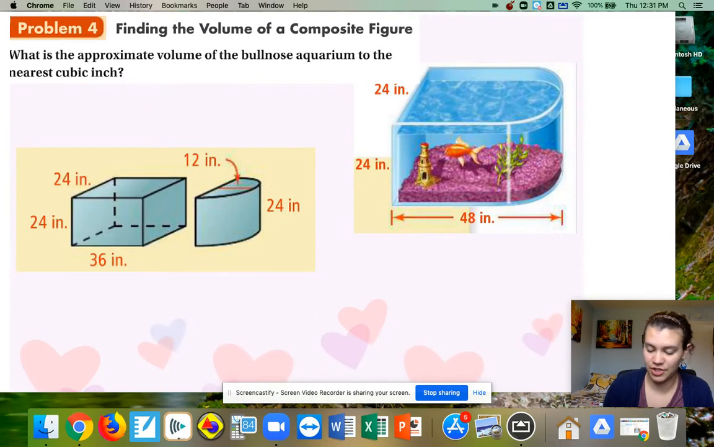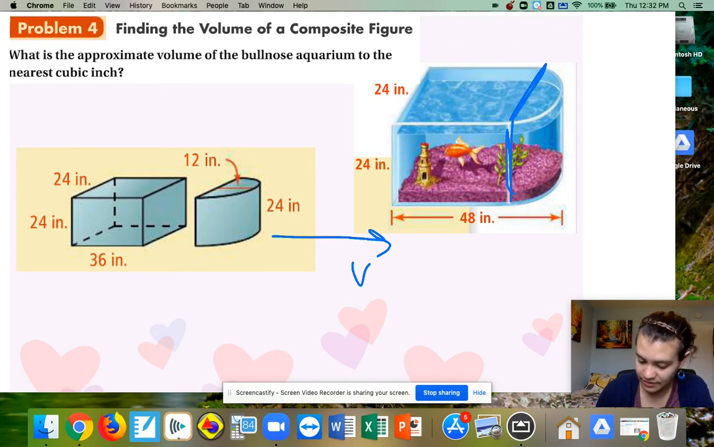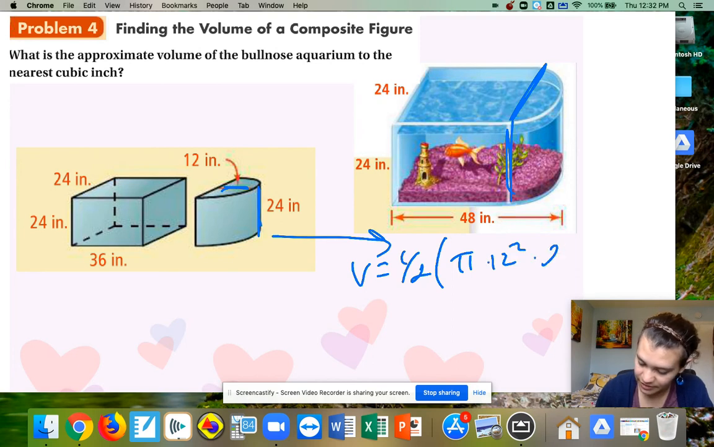So here we have a fish tank, and we want to figure out what's the volume, like how much water do you have to put in it. So we can cut it in half right here and get another half cylinder and another rectangular prism. So if we find the volume of our cylinder here, we're going to take half of our cylinder, so pi times the radius of 12 squared, and then times the height right here of 24, and you should get